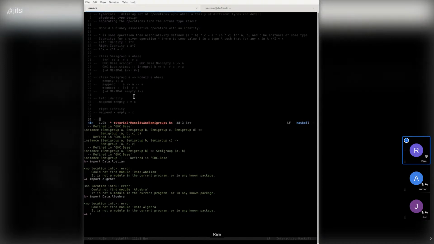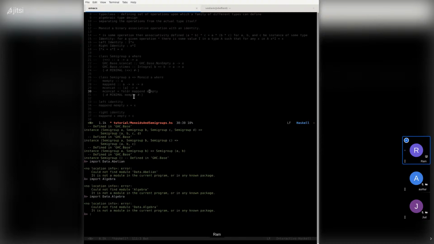The original implementation included the following default definition: mconcat is equal to foldr of mappend on mempty. For folks reading this, it's a partially applied function: the first argument is our function, and the second is our initial value, which is the identity.